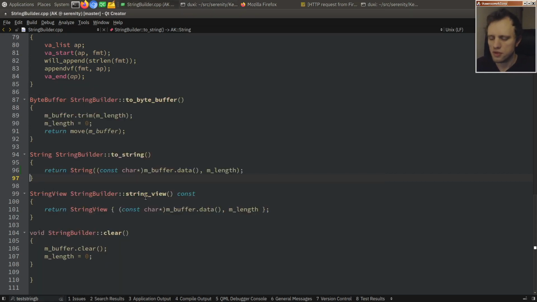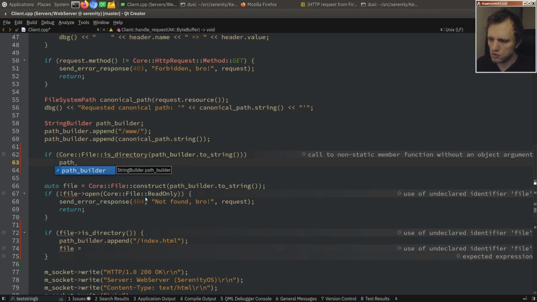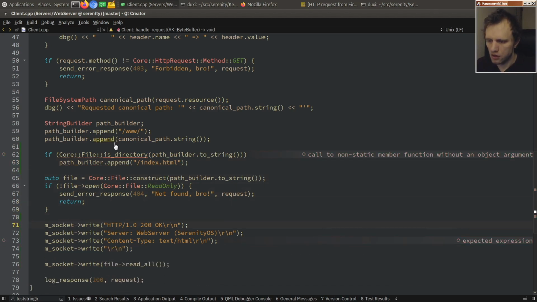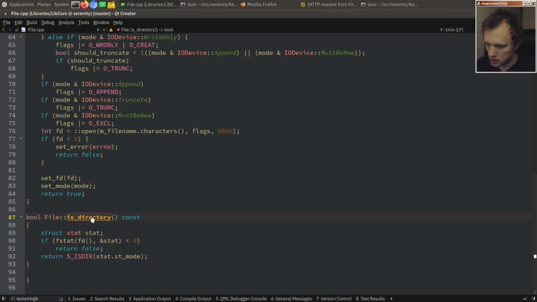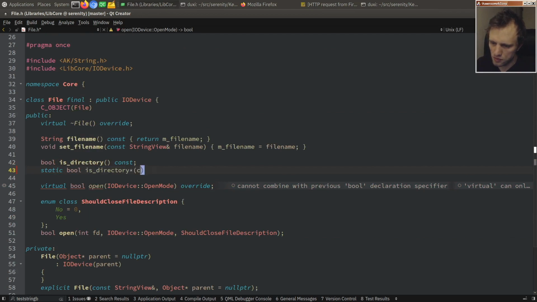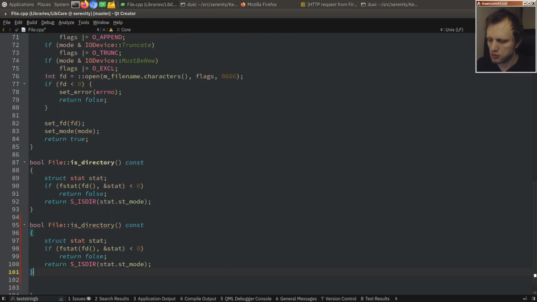Anyways, it's just getting in our way now, so we can do something like this, and then if it is that, then we will do path builder append index.html. And then we need a static variant of this as well. Which is a bit of a strange thing to suddenly add, but I guess I kind of like that. So this will be